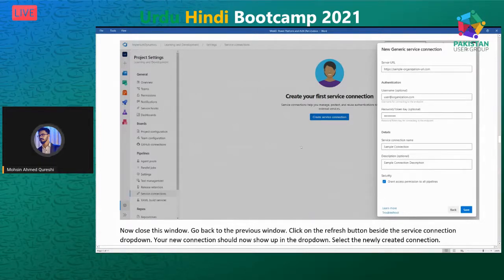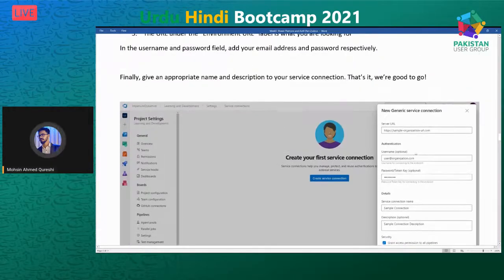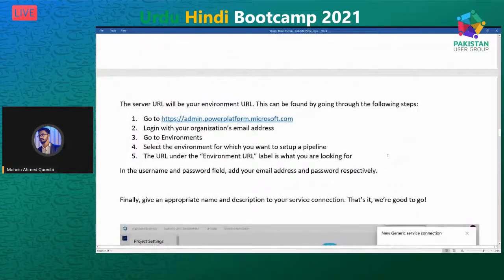In order for the pipeline to communicate with your Dataverse instance, you'll need to make a service connection, and that is what we'll be doing in this step. It requires a few parameters from your side, which will allow the connection to connect to your Dataverse instance. The first one is the server URL. This is different for everyone that implements this. This server URL will be the URL to your Dataverse environment, your Power Apps environment, and where you can find that is, you can go to